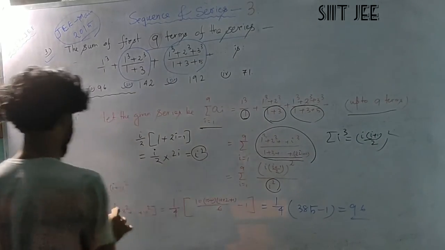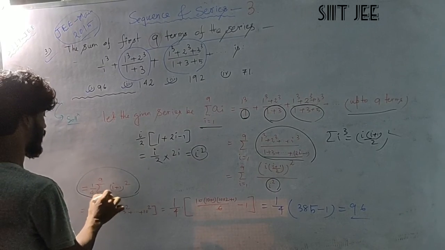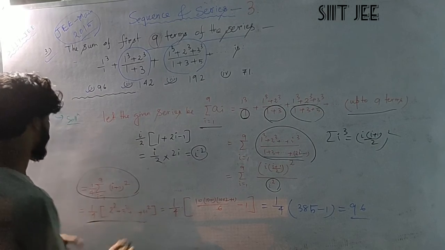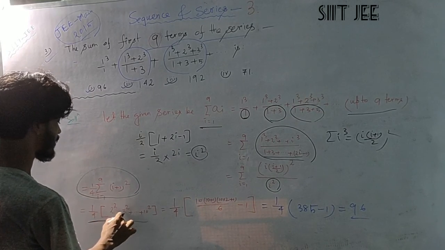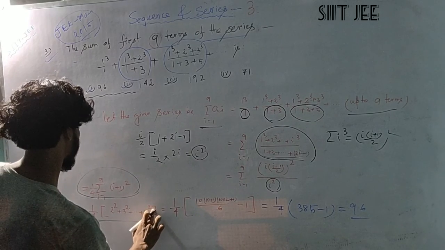So solving this, we have this one, 1/4 summation i equal to 1 to 9 of i plus 1 whole square, and also simplifying this, the sum is 2 square plus 3 square plus up to 10 square,